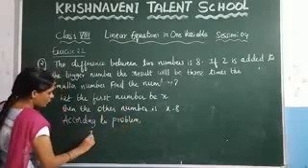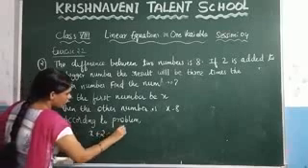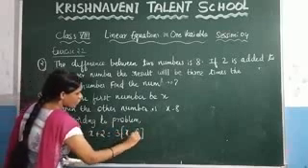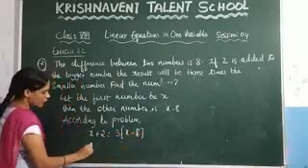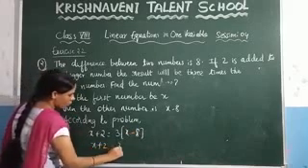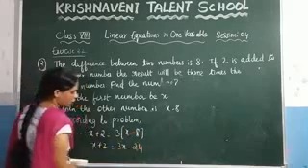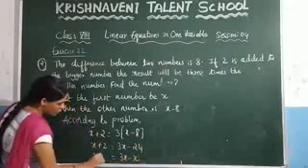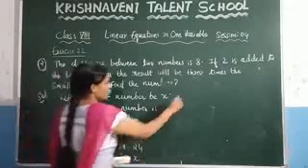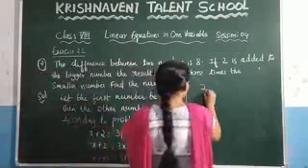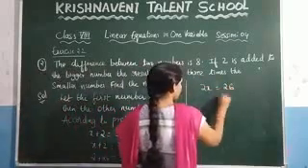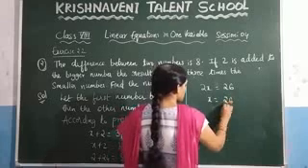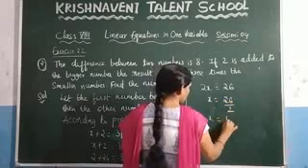What they have given, if 2 is added to the bigger number, the result will be 3 times the smaller number. Now calculate here x plus 2 is equal to 3x minus 24. Take all the x values to one side, which is 3x minus x, here 2 plus 24. Now what is the value of 3x minus x, which is 2x is equal to 26? What is the value of x, which is 13?